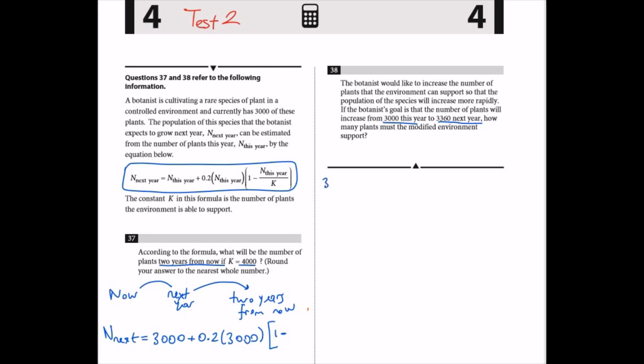So we have 3360 next year, and this year we have 3000 plants, and we know the function is plus 0.2 times n this year, which is again 3000, times 1 minus n this year, which is 3000, divided by k. So we can find the modified environment support, which is the k number. So here we are going to solve for k in this question. You can clean up the equation wherever you want to start from. I would like to subtract 3000 first. If we subtract 3000 on both sides,